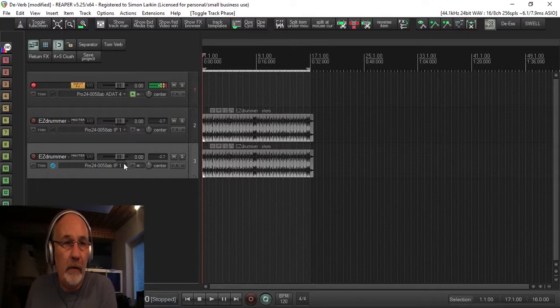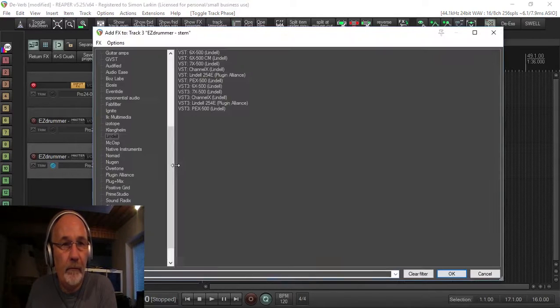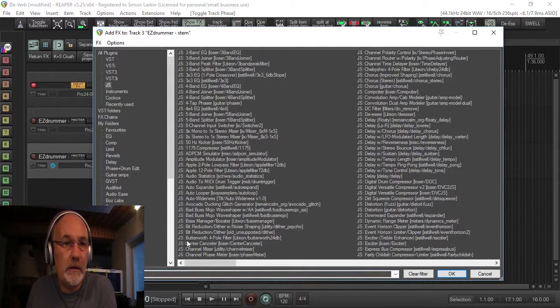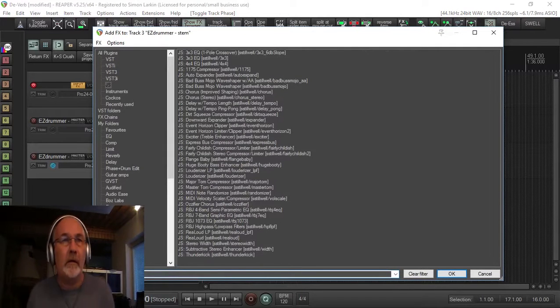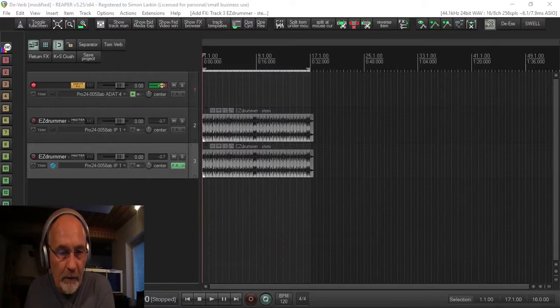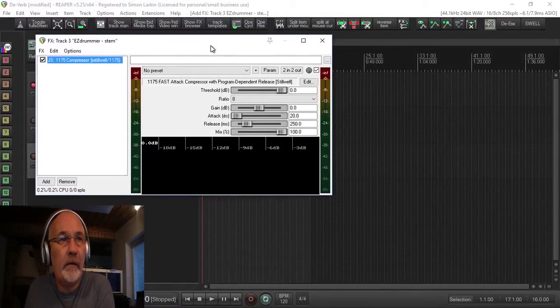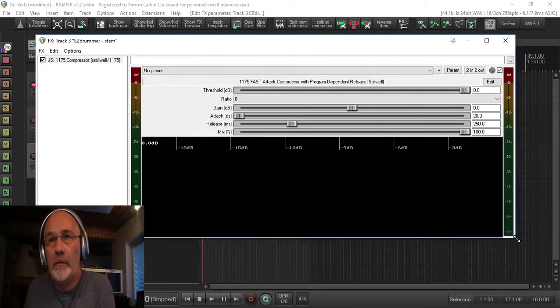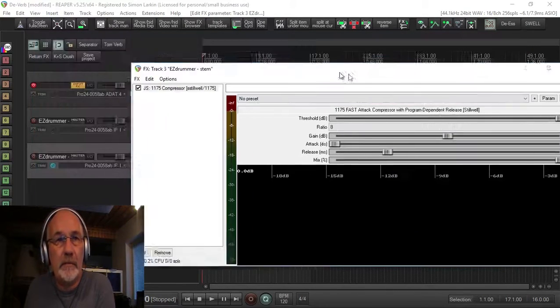So what we can do is, if we put a compressor on, and I'm going to use JS Stillwell, let's just see. Now we haven't got the Rocket in here, but we have got this 1175, which gives us a fairly quick attack time. So if we pop this up here, we've got the attack as quick as it's going to go, and the release we'll play with. You'll see what I mean in a minute. Now what will happen is, if I press play now,